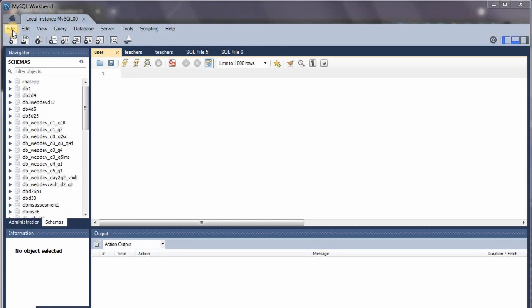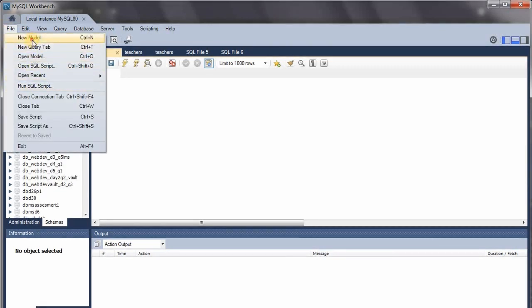drawing ER diagrams. And here I'm inside my connection to the MySQL server. You can see the databases, and in this software the databases are also called schemas, and I'm going to create a new model.